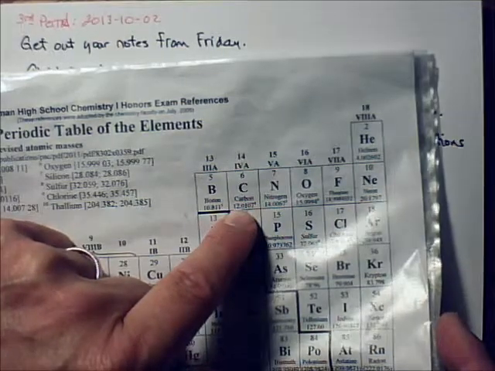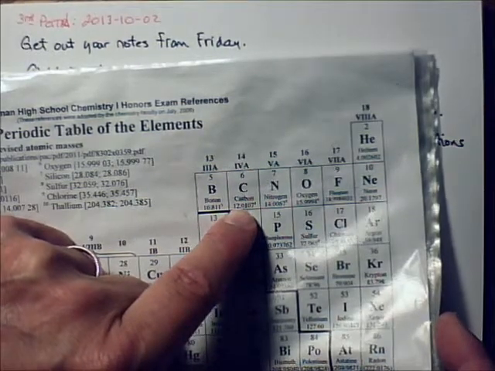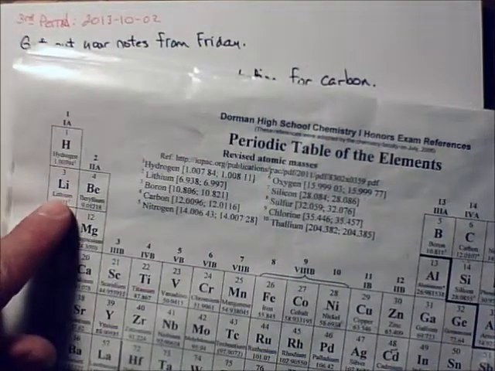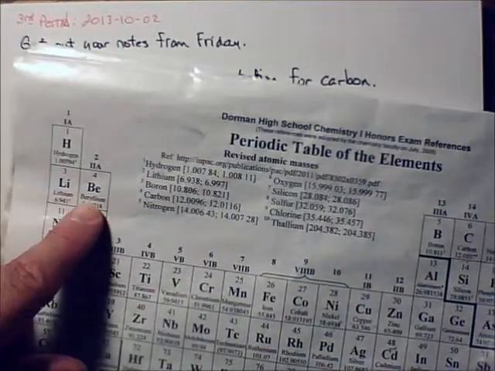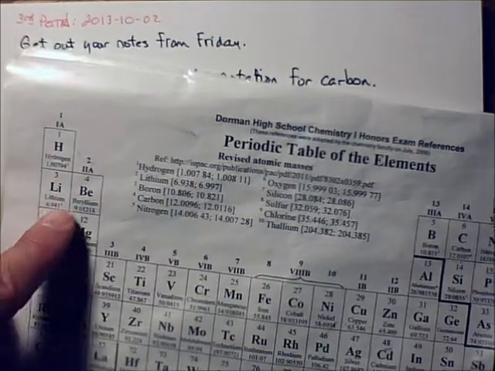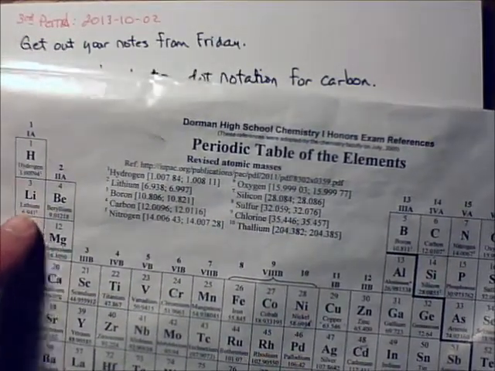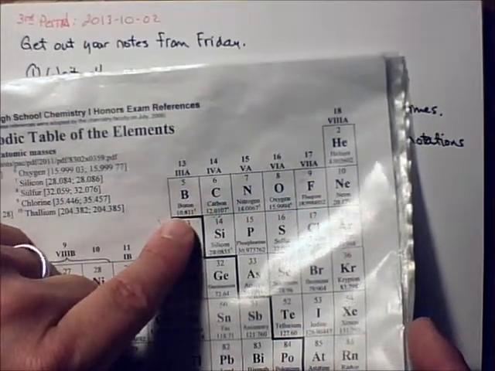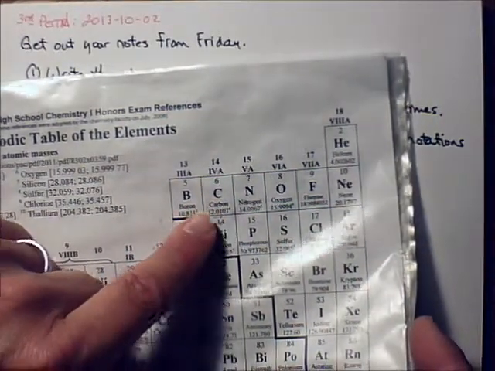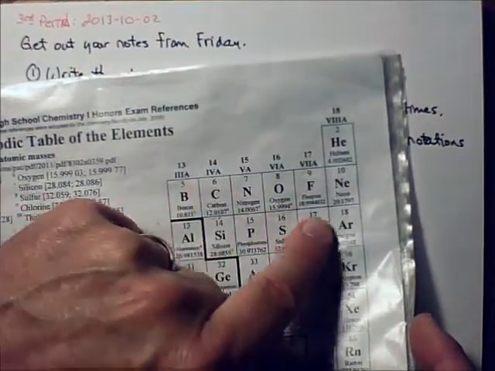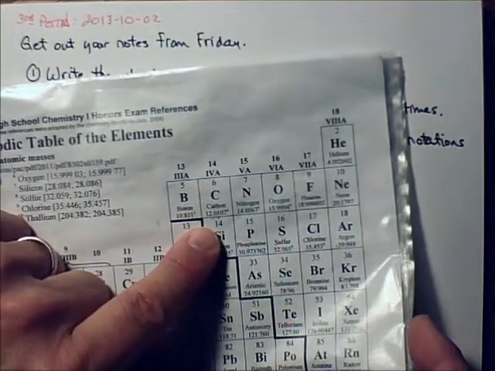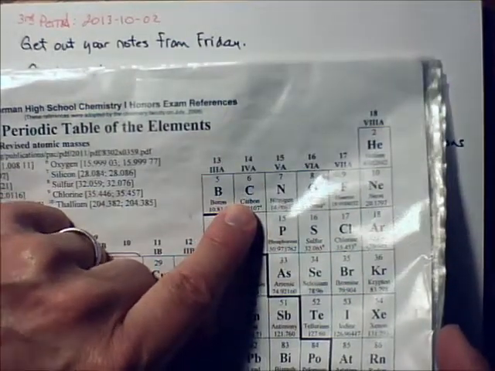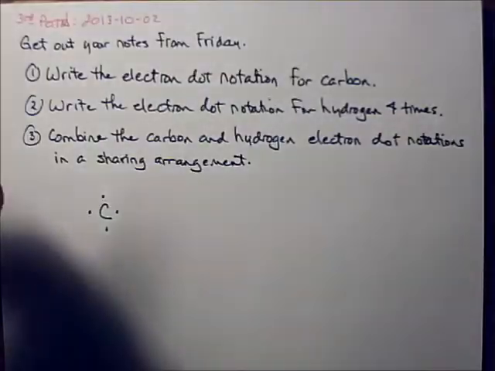All the electrons in the second period of carbon are the valence electrons, and that includes the placement of electrons where lithium and beryllium are here in the second S sublevel. So there's 2 electrons in 2s and 2 more electrons in 2p, representing where we put boron and carbon here, because this is the p sublevel region of the periodic table. So there's 4 electrons, 1, 2, 3, 4 in carbon's valence level. Okay, so